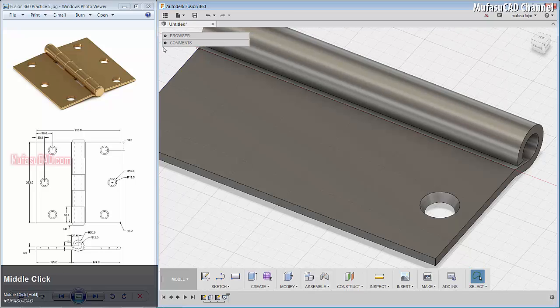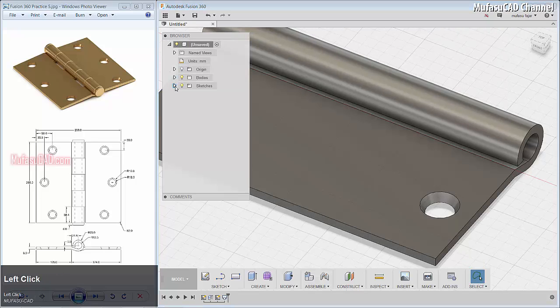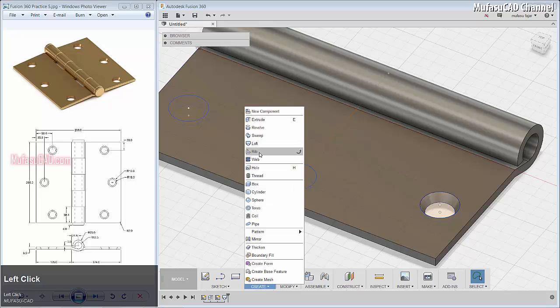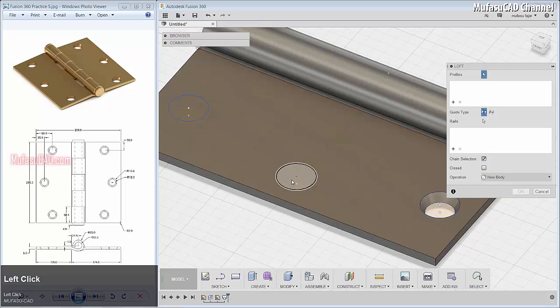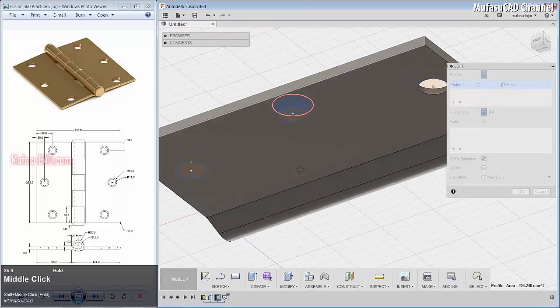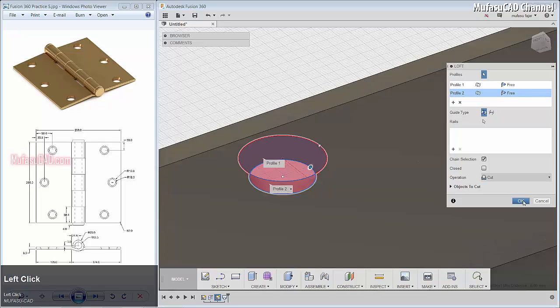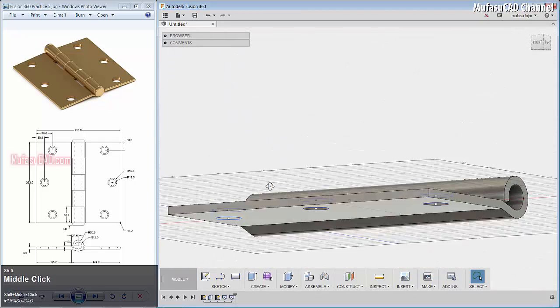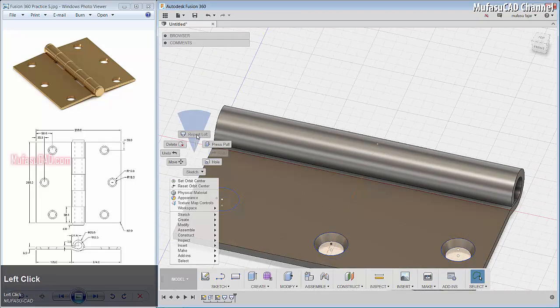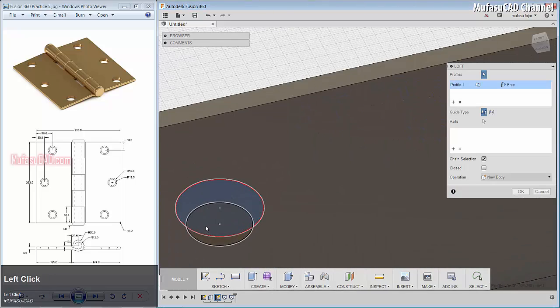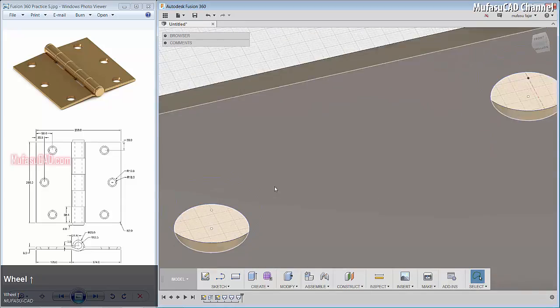Next, I will click browser here and activate the sketch and this sketch 2, and minimize here again. I will use the loop command. You can create here and click loop, and then select this face. Next, we select this face, and okay, and then we loop again, repeat the loop, select this face, and then select this face, and okay.